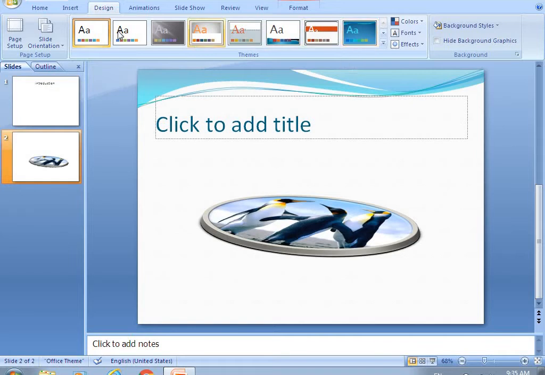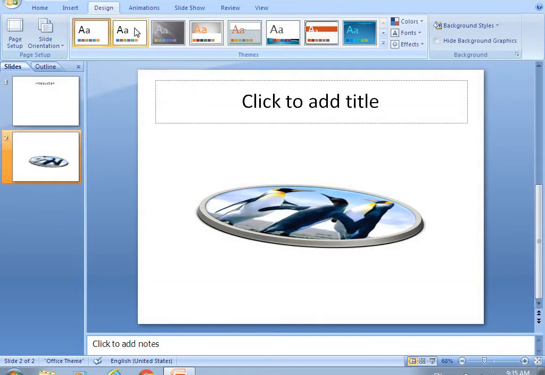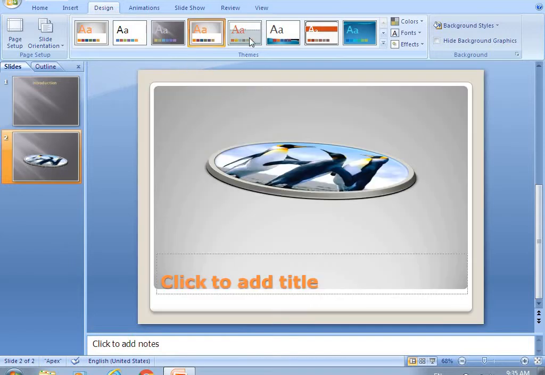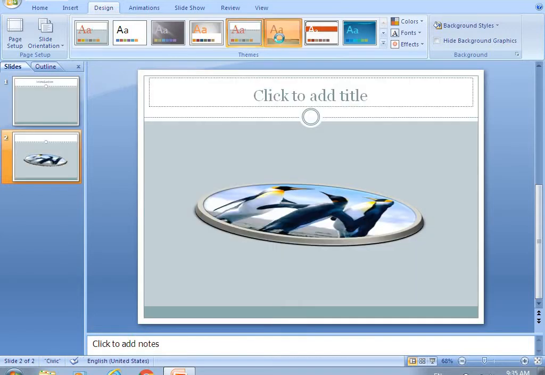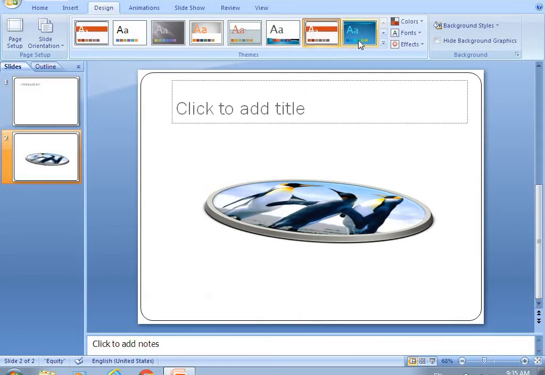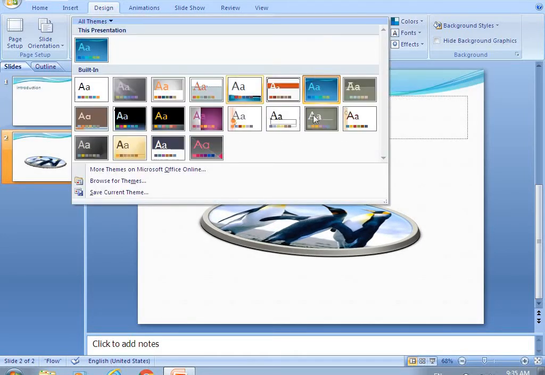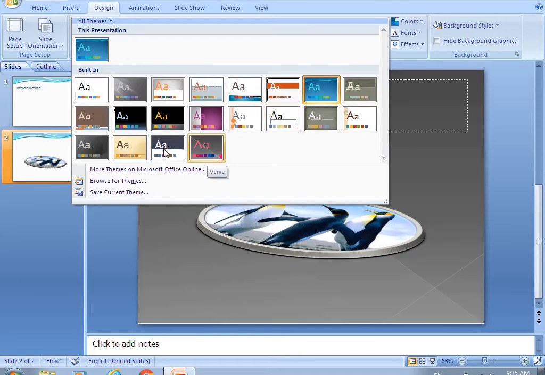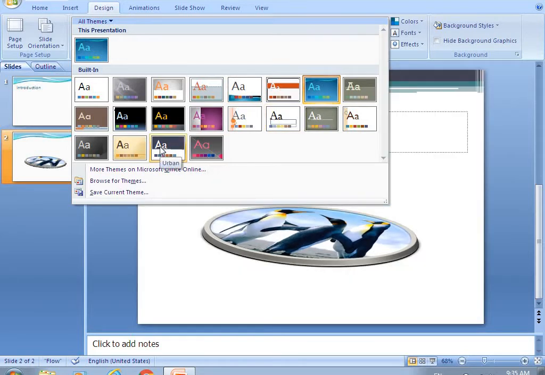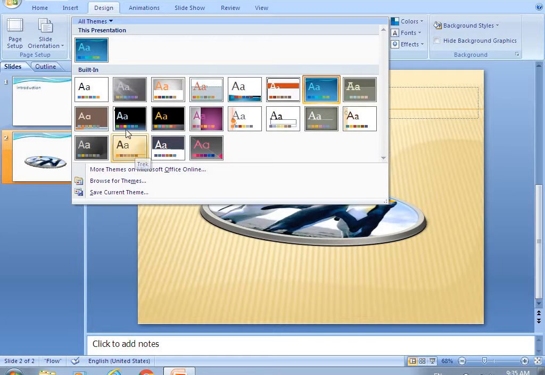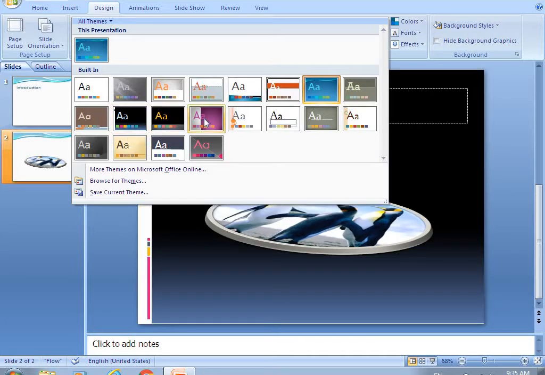On whichever theme you click, your slide will change into that theme. If I click on this More button, more options will come, and according to my requirement and my presentation, I can choose any one of the themes.